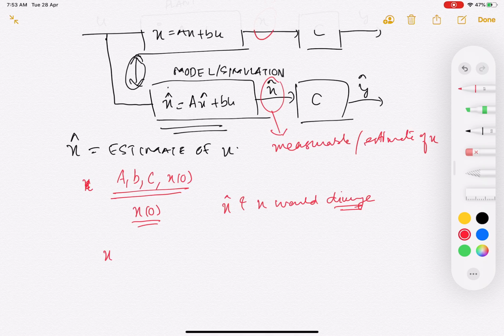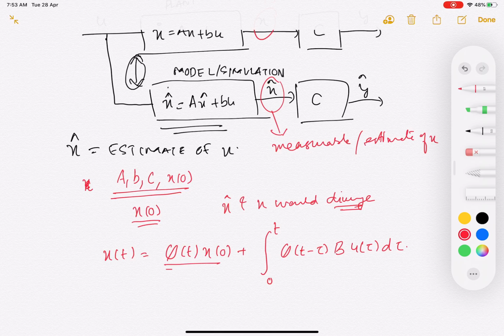If you remember, the state equation solution is x(t) = phi(t) x0 + the integral from 0 to t of phi(t - tau) B u(tau) d tau. So this phi(t) term is present here, and this x0 term is present. So if this initial estimate of x0 is not right,